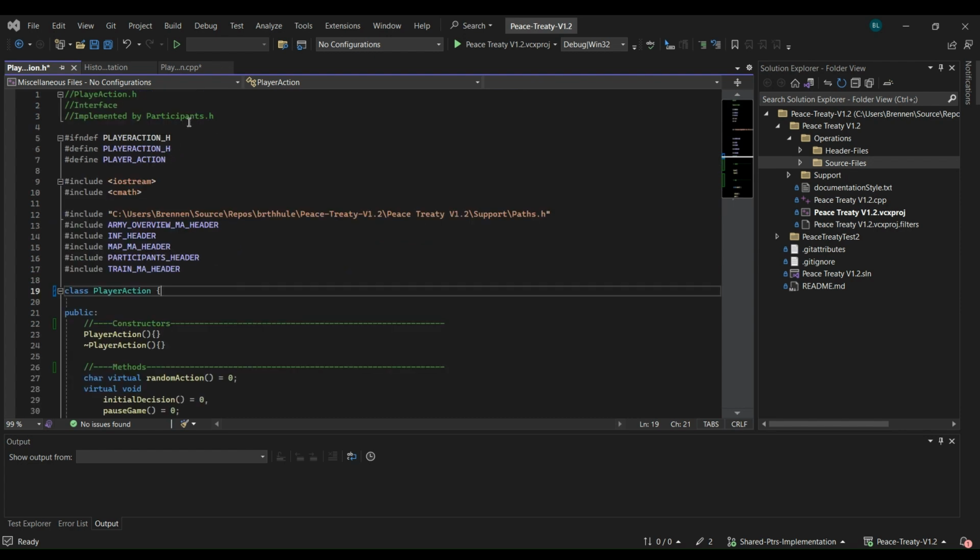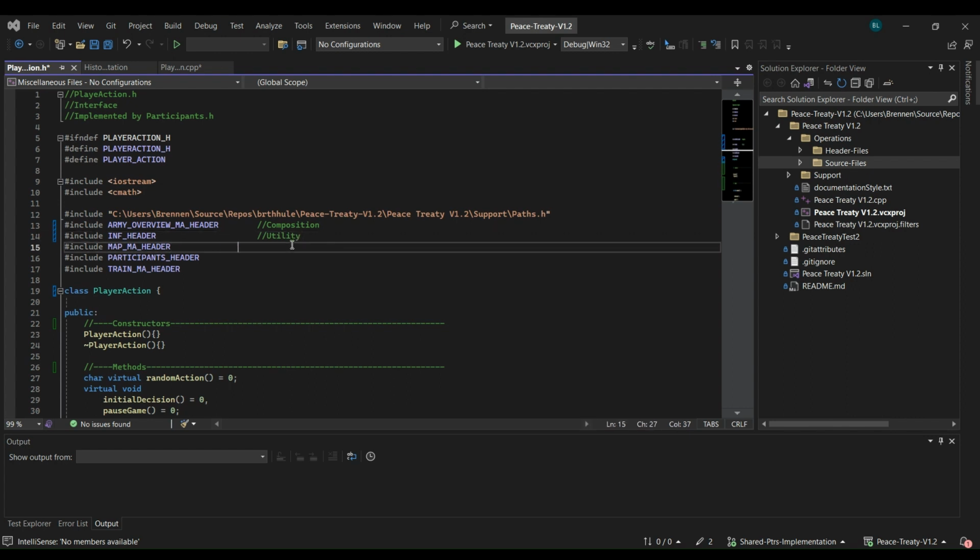This is an interface implemented by the participants. So the participants do this action. Let's see, army overview. And this goes up to the 41 column mark. I'm just going to say here, it's an interface, but actually it's not done by this. So I guess it's more composition. This is utility. And I'll go over what each of these things are in further detail. But we'll see here,